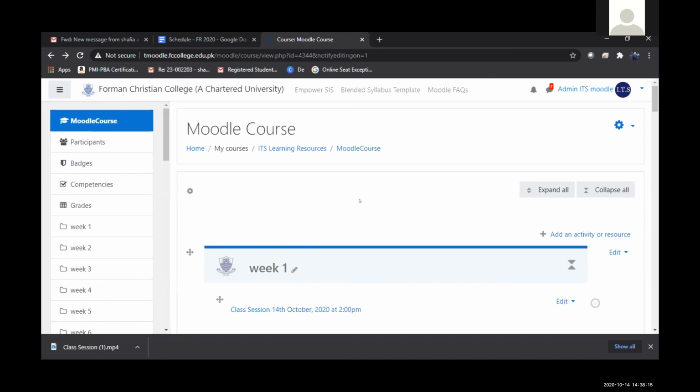There's a comment by Sufyan asking why Big Blue Button is still there in Moodle if it's not to be used. Actually, right now we haven't removed Big Blue Button because we never got direction from the top management to remove it. If we get a direction, we are going to do that. I think it would be less confusing for people, because they don't want to click on Big Blue Button and again have a problem like the intermediate group had. So it's better to remove it to lessen the confusion.